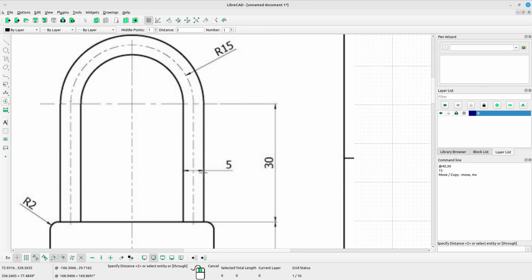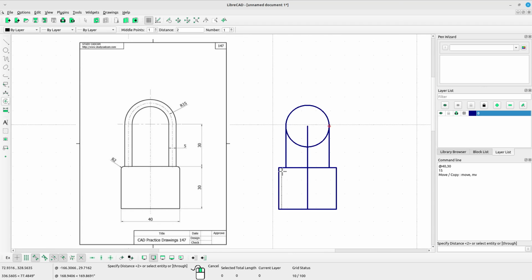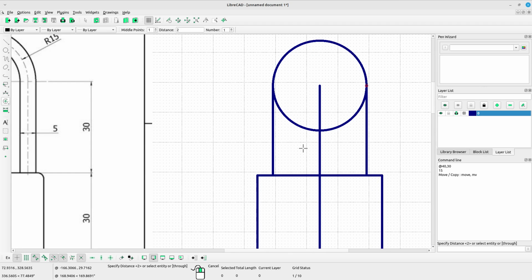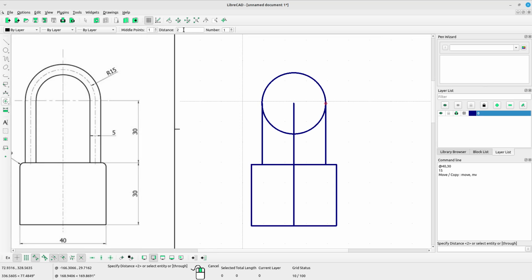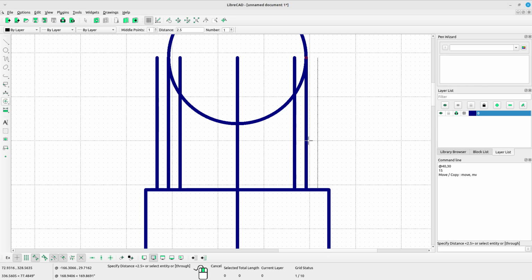The distance from the first line to the second line is 5, so it will be half of 5. Type distance 2.5 and left click near the line here. Left click again at the right side. Okay, left click at the left side of this line. Left click at the right side.